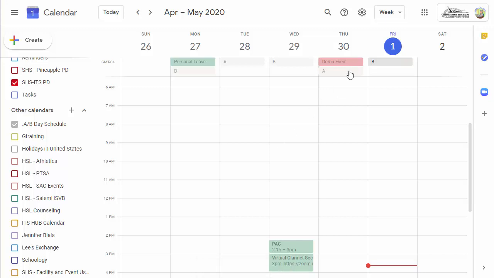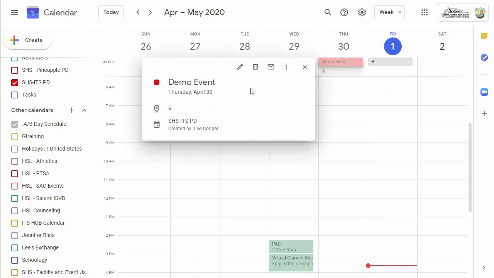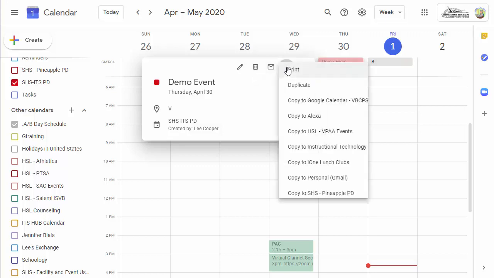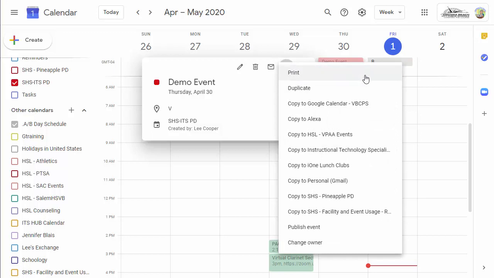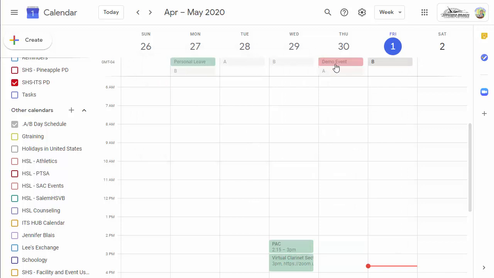So if I want to edit this, I can click on it and edit it. I have to click the edit button. I can delete it. I can email the guests. So if I have invited a guest list and maybe I've got to change the meeting or something, I can do that. Under the three dots, of course, more options, I can print that, I can duplicate it, I can copy it to a different calendar. I can publish an event, or I can change the owner, so I can make somebody else the owner of